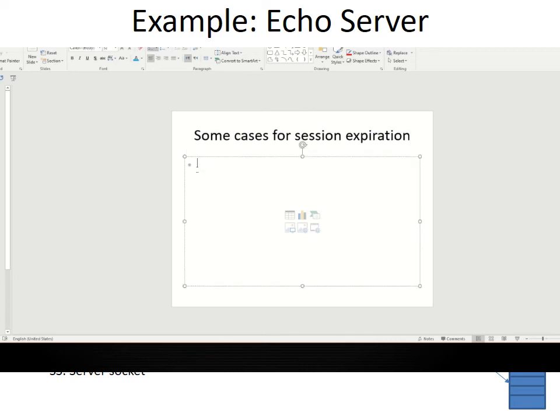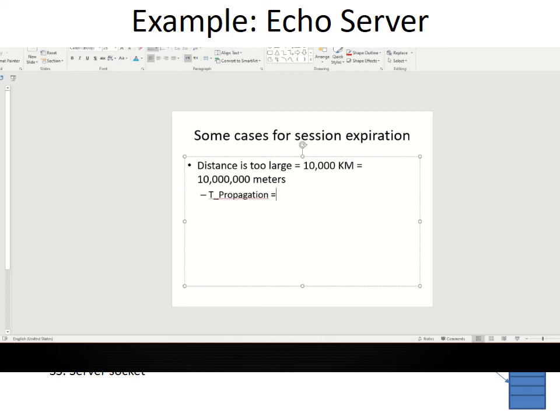For example, if the distance is too large, for example, 10,000 kilometers, which is equal to 10 million meters. Then the propagation delay, T propagation,